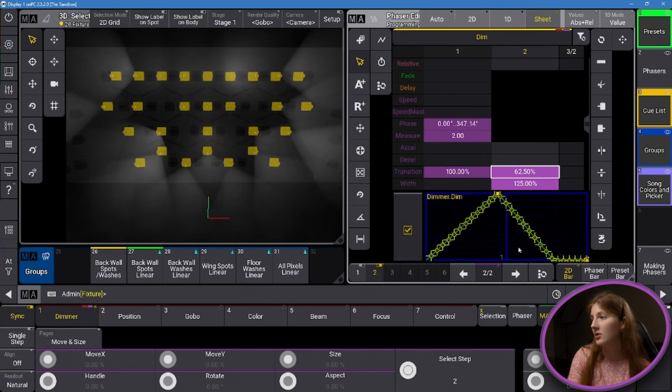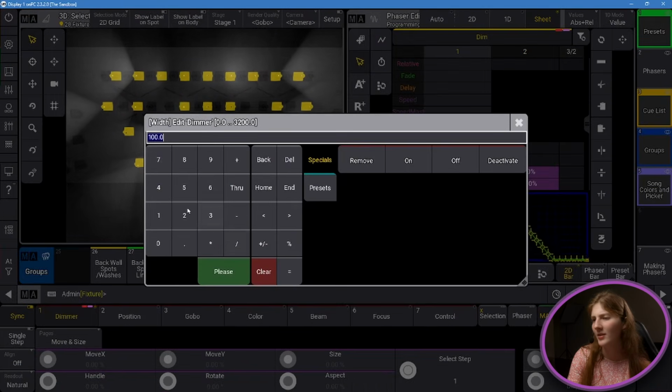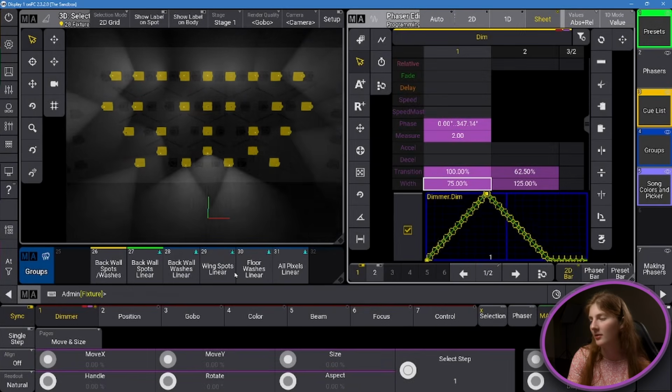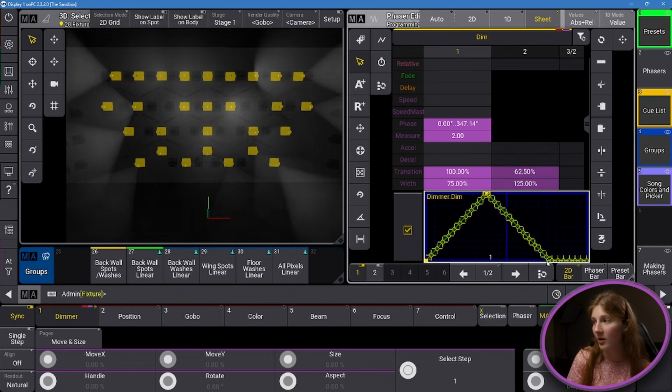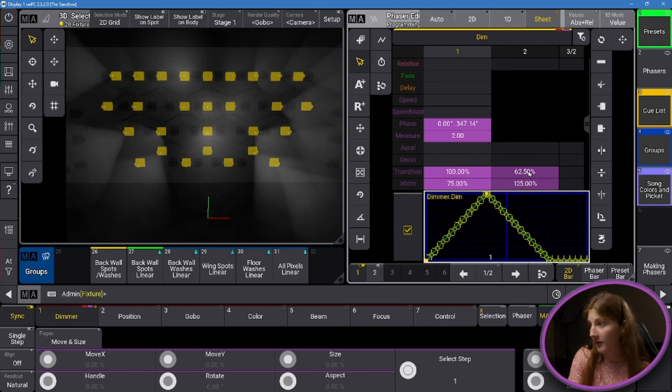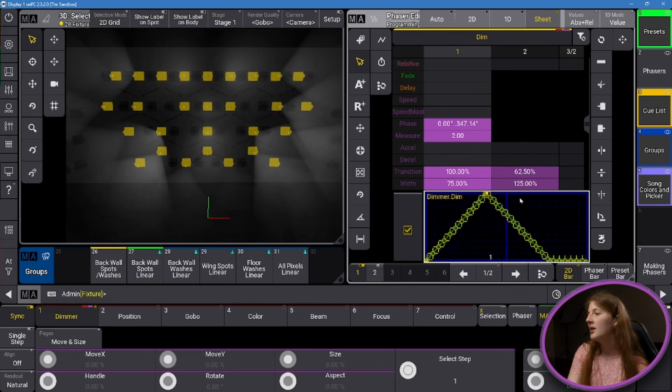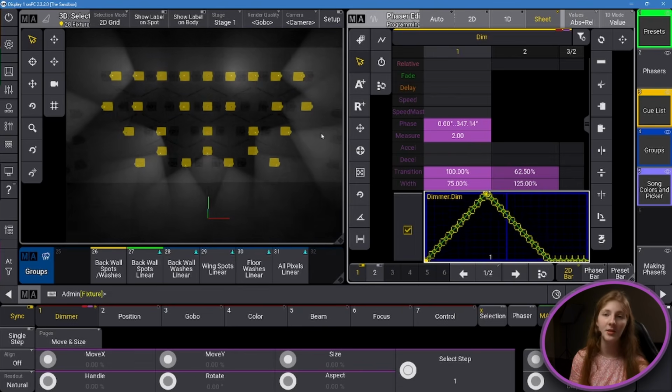And these transitions look the same. Actually, I think this should say 75% because it's doing weird stuff to keep the measure at 2 otherwise. So this does need to be 75 to actually make this line up. So we have going to 100, coming back down. Those transitions are the same amount. This one is 100% of 75, and this one's 62.5% of 125, but it's the same value. You could do the math. It would be the same. So it's the same amount of time, and then they're staying at 0,